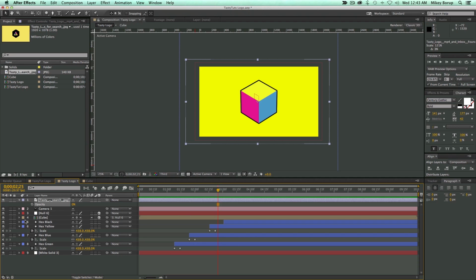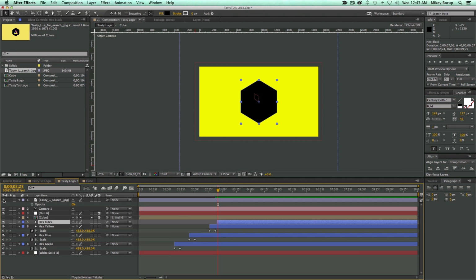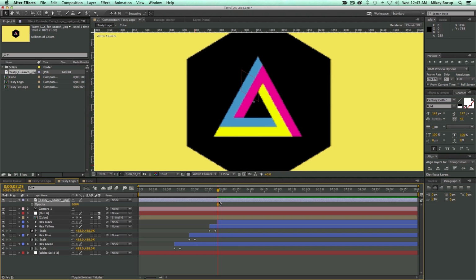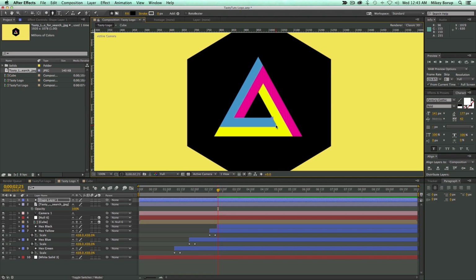So if I come in here and hide the cube, you can see that's why I need that black hexagon. We do need to create this triangle logo. Let's go in here, bring this full, and I want to create this out of shape layers. And so first, let's go in, make sure nothing is selected, and let's grab the pen tool, and I'm just going to quickly,